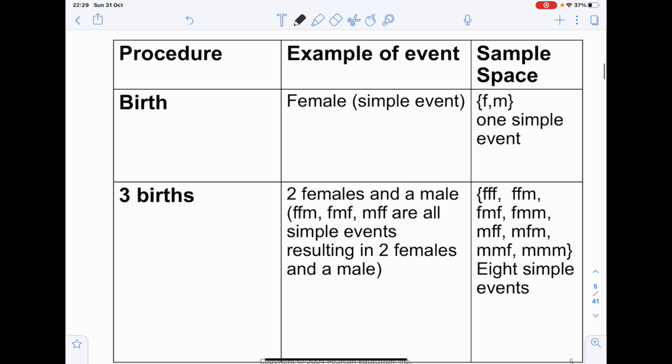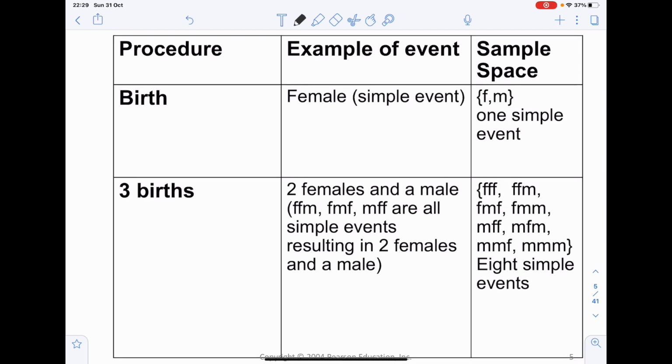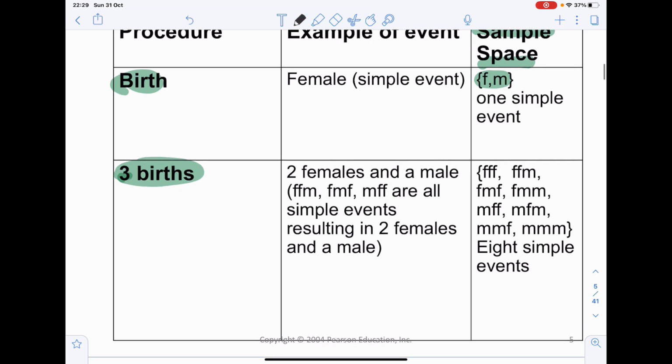Okay, as you see here, this is an example of the sample space. My sample space for the birth is FM for 3 births, يعني 3 ولادات. So في الولادة الأولى, okay,